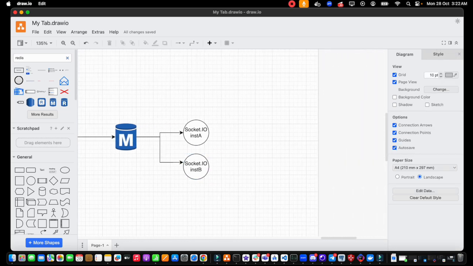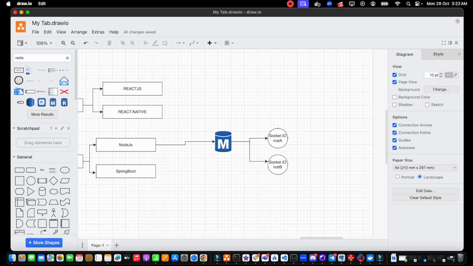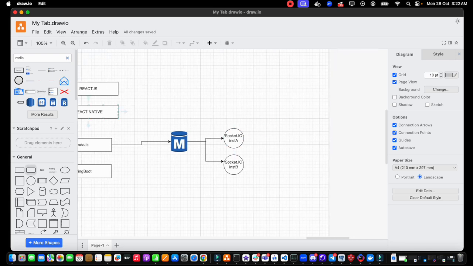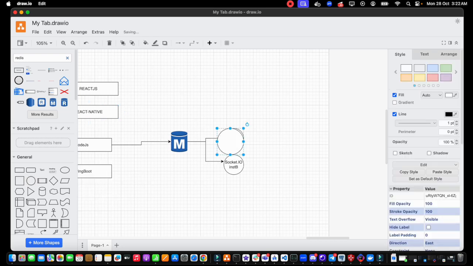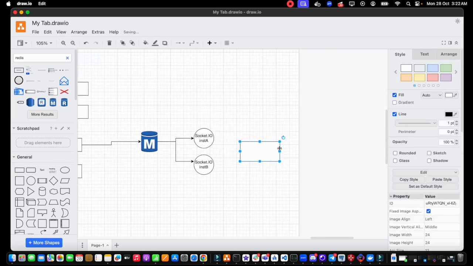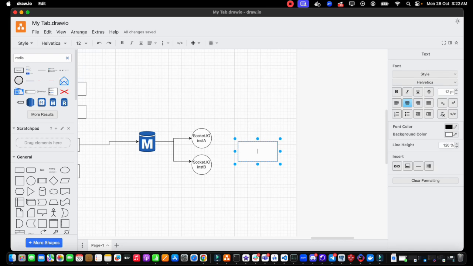So not to bore us too much on that aspect, let's look at how this connects to this. I think the best way to look at it is, there is going to be a channel. Let's just say there's a channel. Now this channel is going to be dynamic, right? Since we are focusing on just a single region for now, let's keep it very, very simple. So let's say we create a channel and we call it region US,